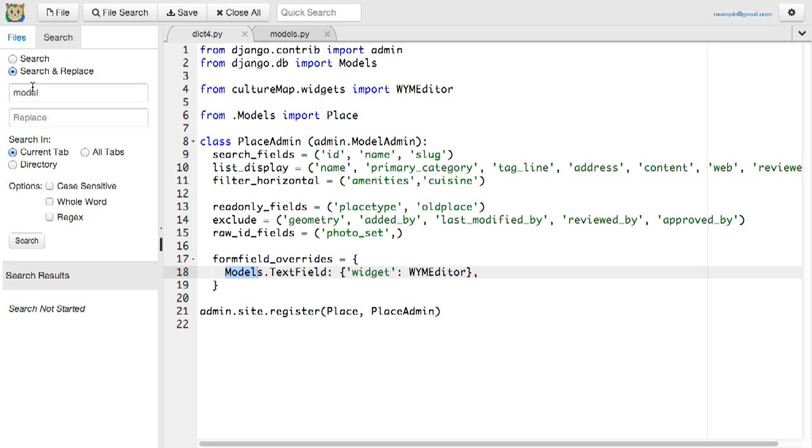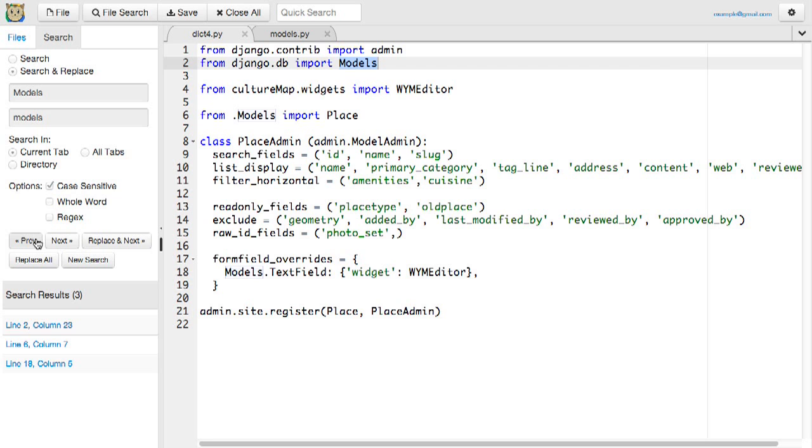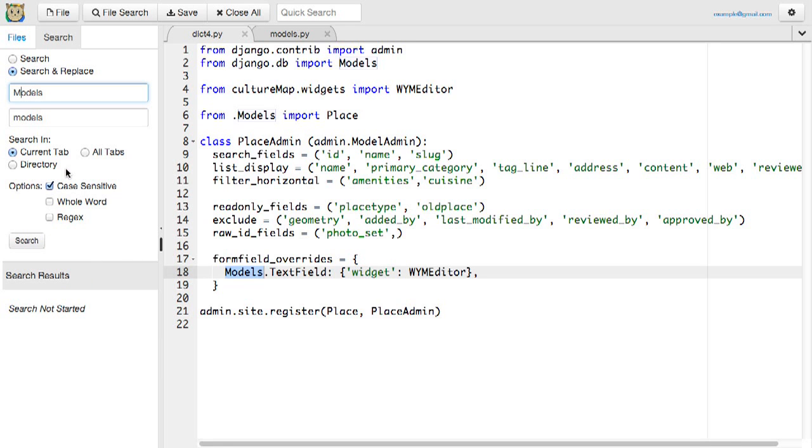We can also do a search and replace. So let's go ahead and search for this. And right now, since we have some extra options, let's do a case sensitive search. And you can see we can go ahead and search and replace these terms in the current file if we would like. But let's go ahead and not do that right now, because we're going to go through some even more advanced